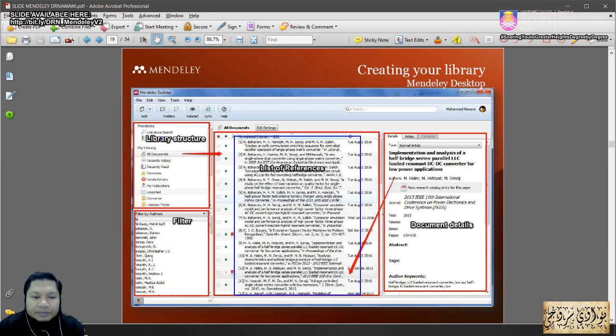And then on the left hand side you'll see a library structure, right? This is sort of a folder. You can create a folder, because this is all the papers that are inside your library, and then you can customize and create your own folder to separate or properly manage your papers here according to subject or topics that you need to